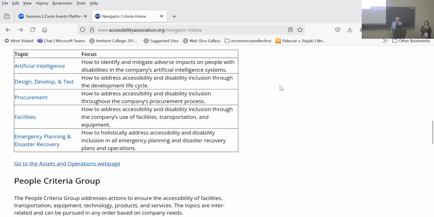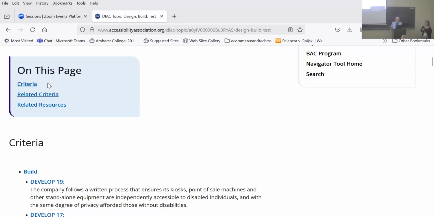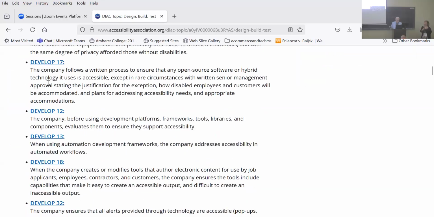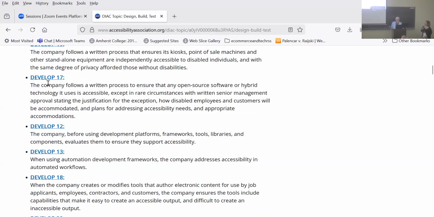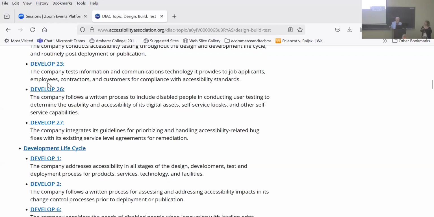We know that there are a lot of people here at this conference who are involved in design and development, and this one really touches on the entire life cycle of a product or a program. So let's see what we find under design and development and planning. Okay. And testing, sorry.